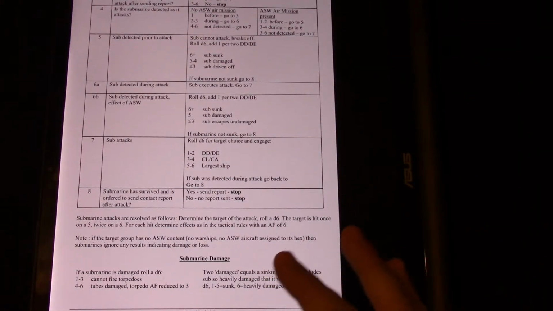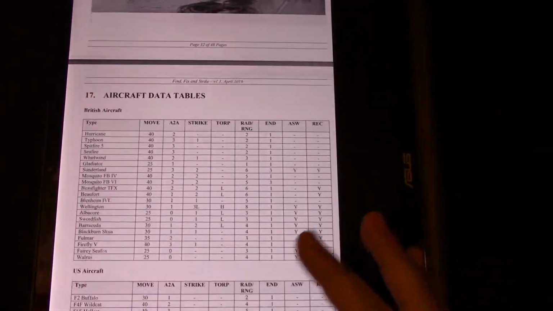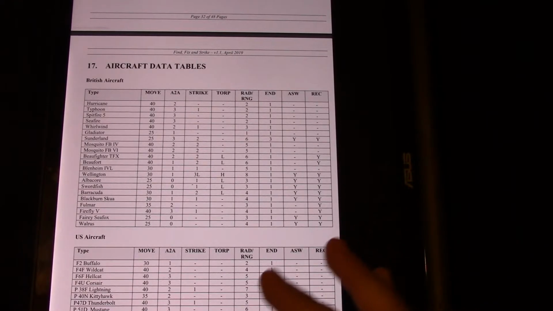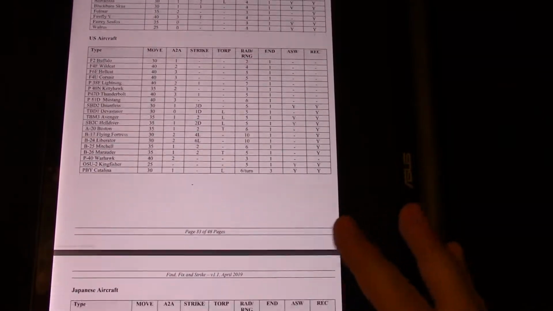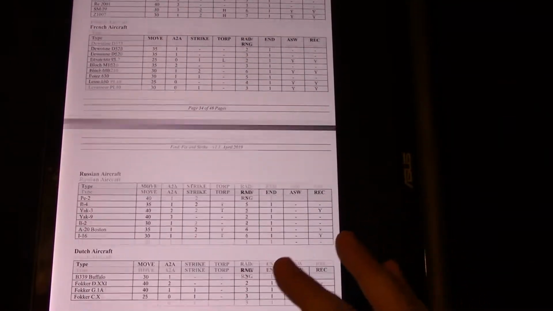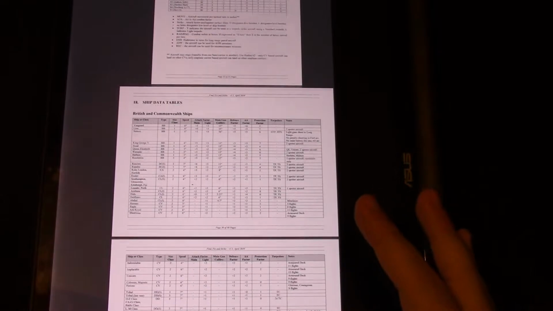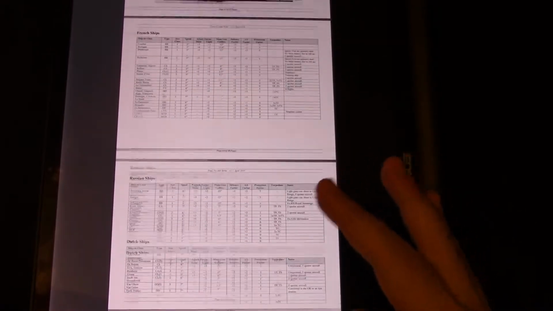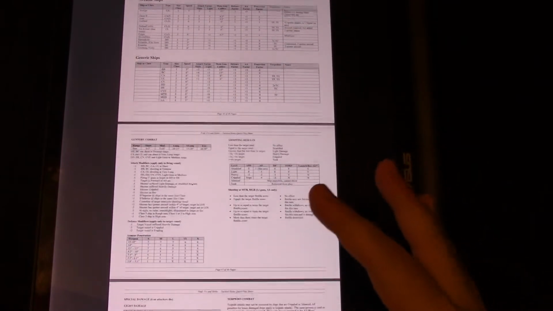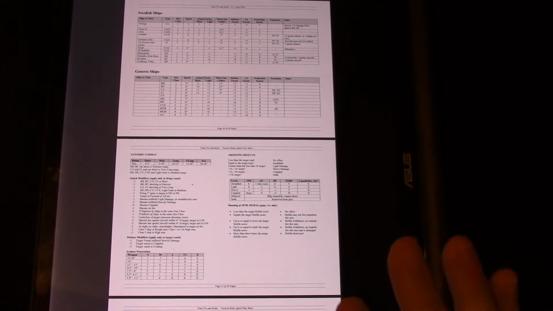Let's see, we'll get back down here. There's, again, the campaign rules take up a few pages. And then finally we get into the aircraft data charts, which give you their movement, their air-to-air values, strike values, torpedo values, things like that. Then you get into the ships. Lots of ships. So you've got the British, Germans, US, Japanese, Italian, French, Russian, Dutch, Swedish, and then a couple player aids. Like I said, the player aid part is only 2 pages,